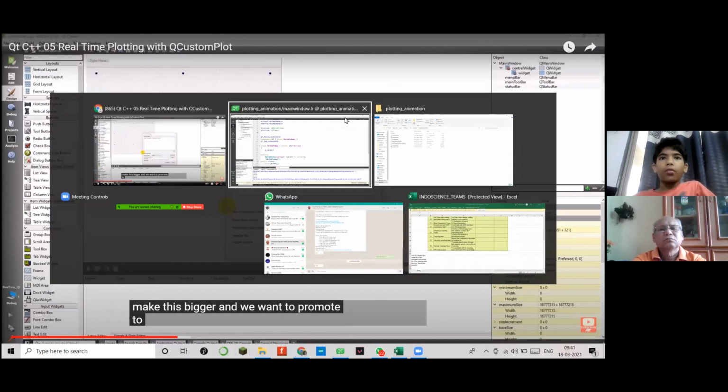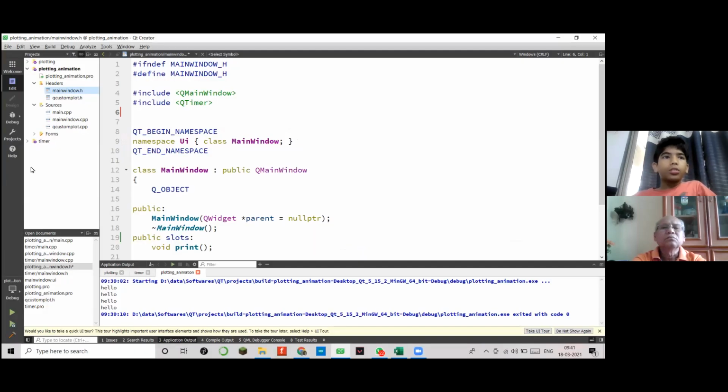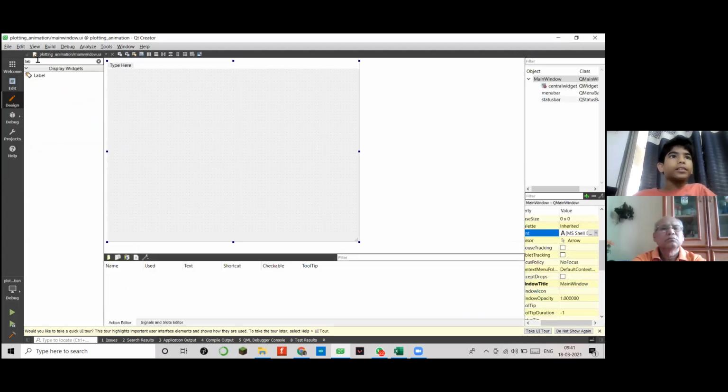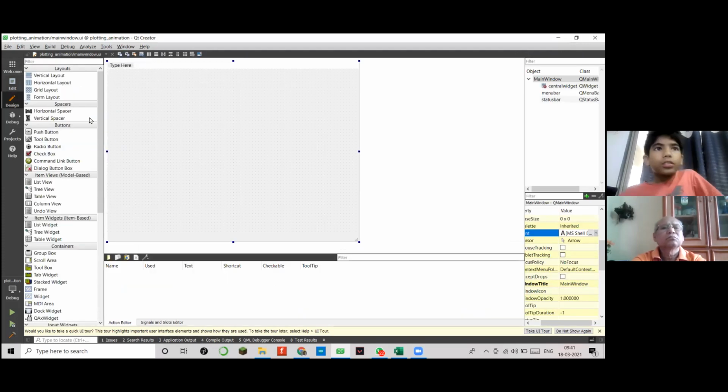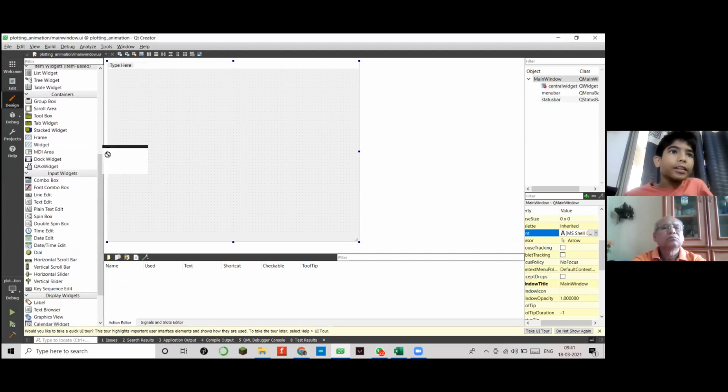Okay, so now what he'll do is he'll add a widget. So for the plot, we need a widget. So I'll also add that above here.